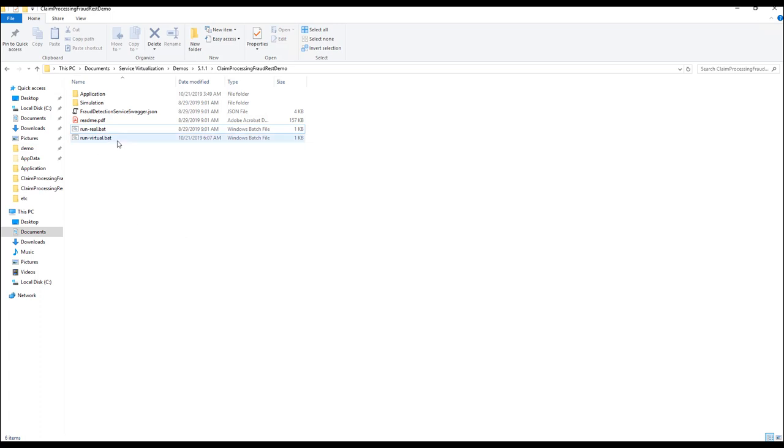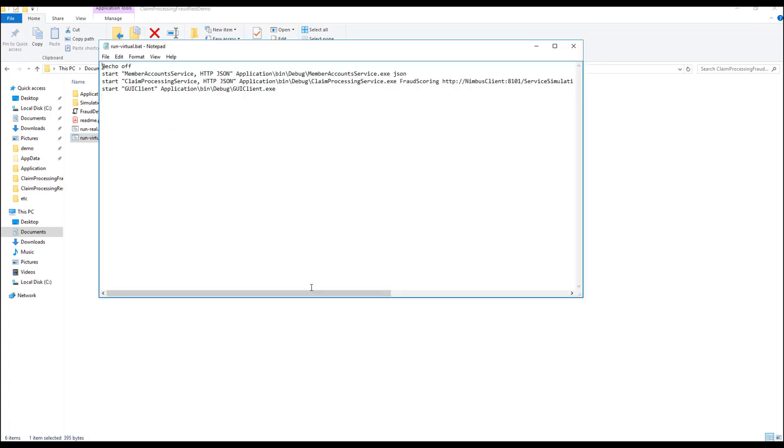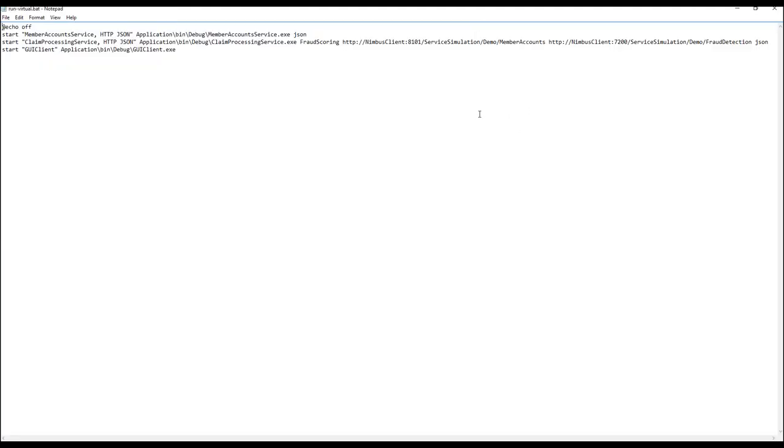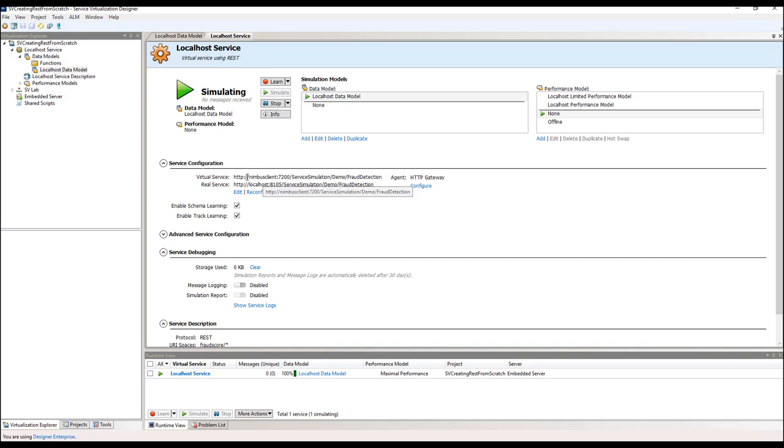Earlier we were running on the real service, and now we're working on the virtualized API. As we go in, I want to show you what's inside. Right now, we're actually running two services, and the other is what we've created. Let me show you what we have. We're running on the Nimbus client, port 7200, slash demo slash fraud detection. So copying that,